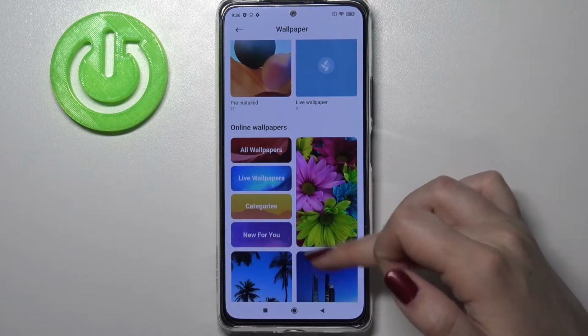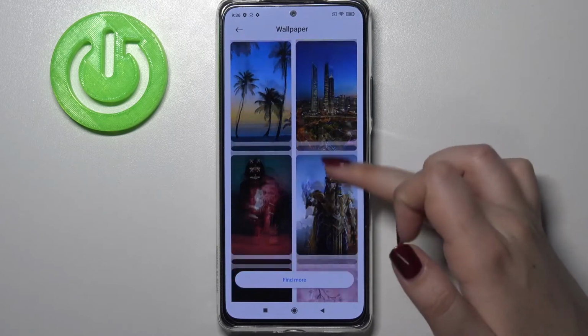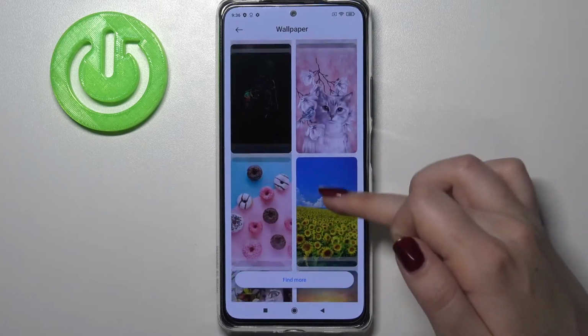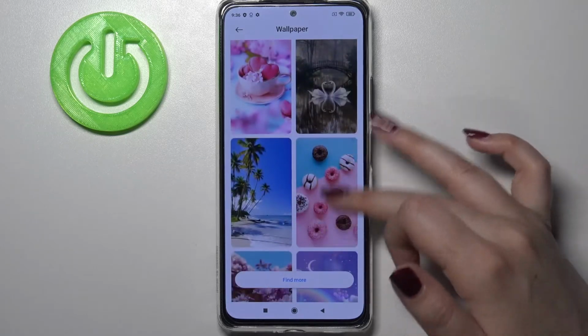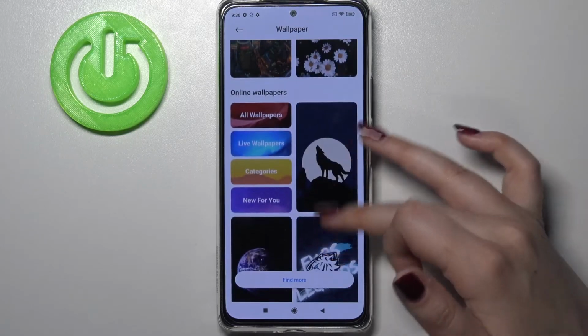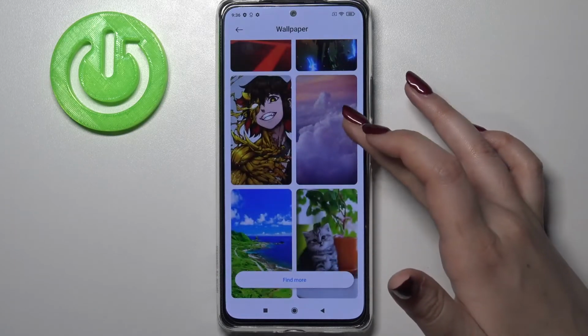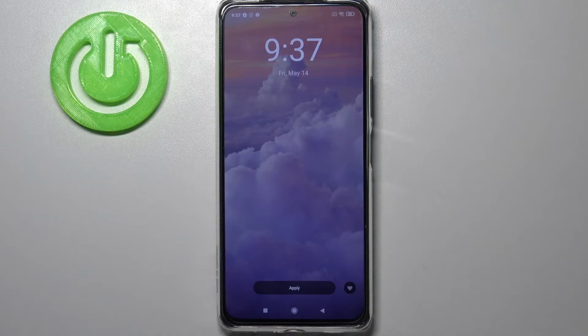What's more, under it we've got online wallpapers, so here you will be able to find new wallpapers, obviously if you will have the internet connection, and then you will be able to pick them and set them as your own. So in order to check the preview, just tap on it, and as you can see, it immediately appears